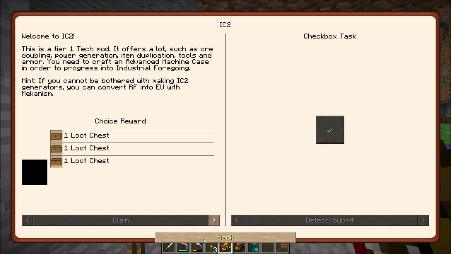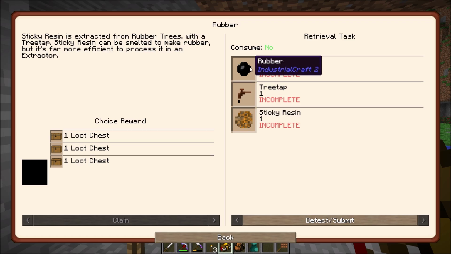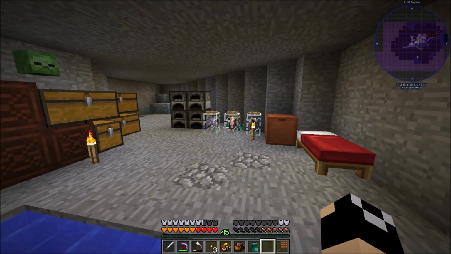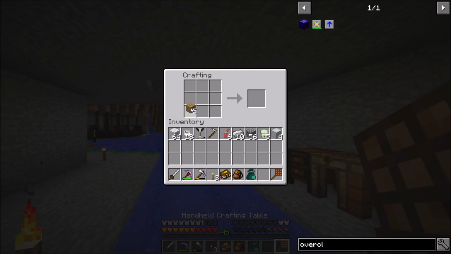And next up, they want us to probably go get rubber. Yes. We need to go get rubber. So we have to get rubber, a tree tap, and sticky resin. I actually have some rubber tree saplings. You know, we found those actually in like the first episode. But let's go ahead and craft ourselves